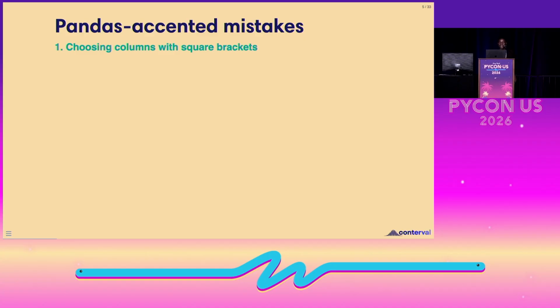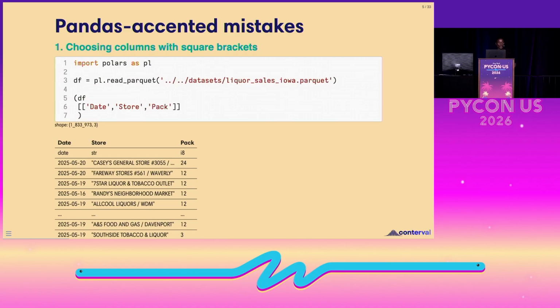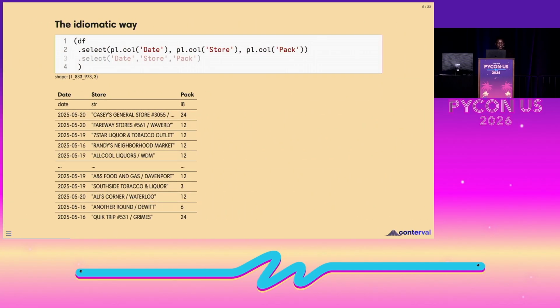So Pandas accented mistake number 1, choosing columns with square bracket notation. I have seen this a lot, and it kind of annoys me. It works, but it annoys me. Here's what it looks like. So here, I am importing Polars the conventional way, import Polars as PL, and then I'm reading a data set. It is a Parquet file, and this is a data set about liquor sales in Iowa. And here, I am interested in selecting the 3 columns, which are date, store, and pack. And the way I am selecting them, I am using the square bracket notation. This is a Pandas relic. A lot of people make this mistake, but the idiomatic way to do it is actually to use the select